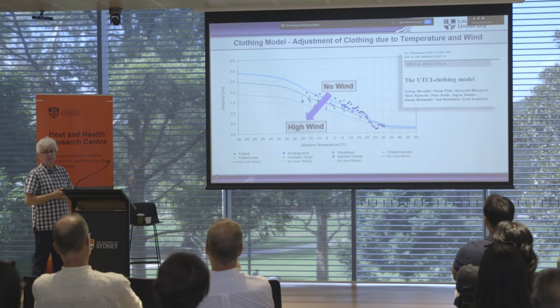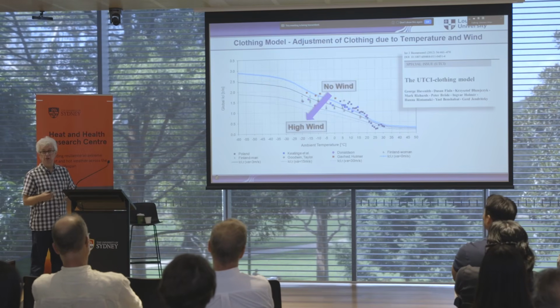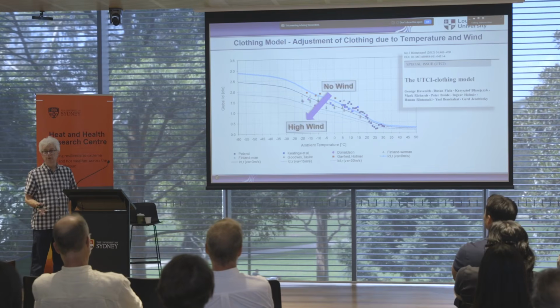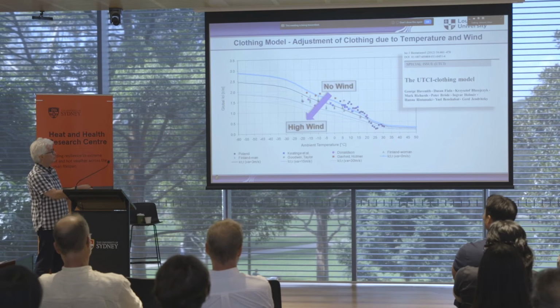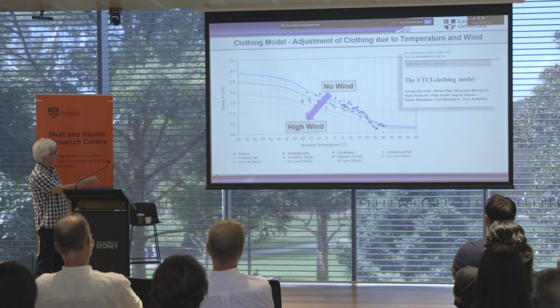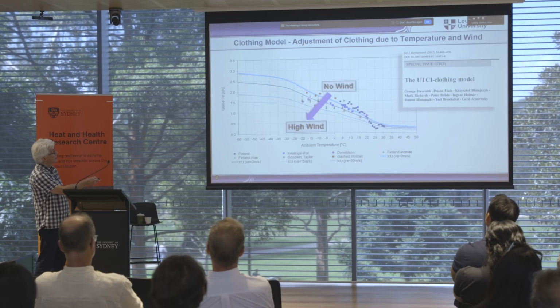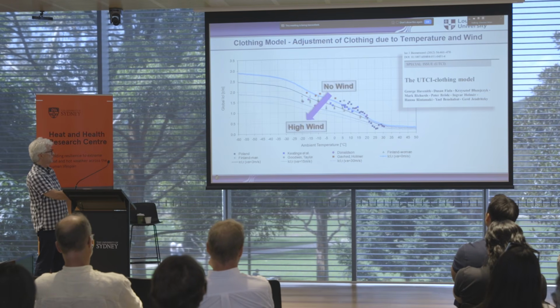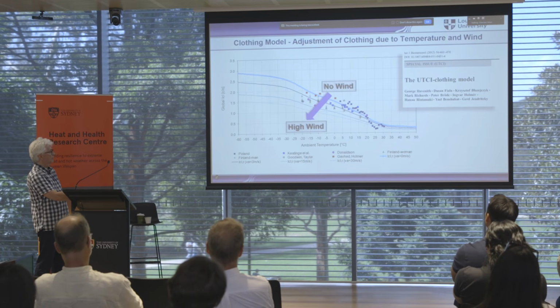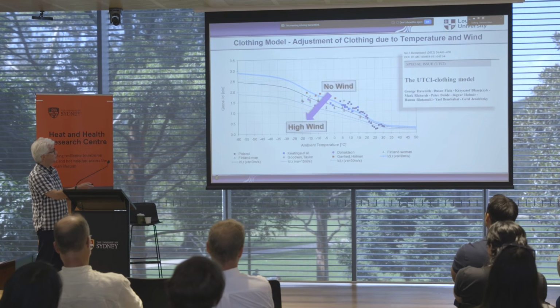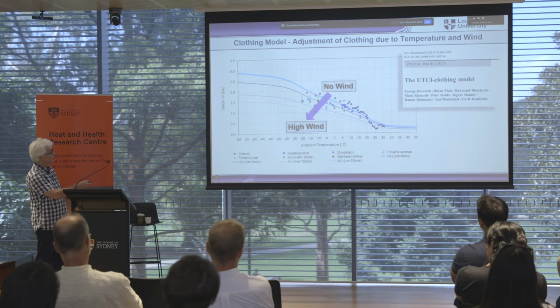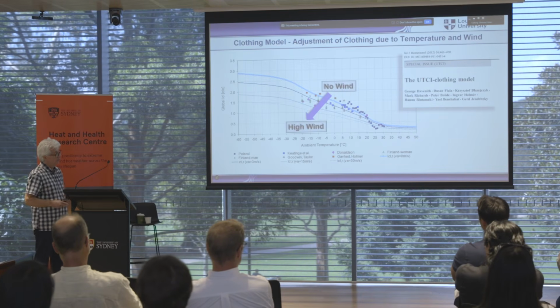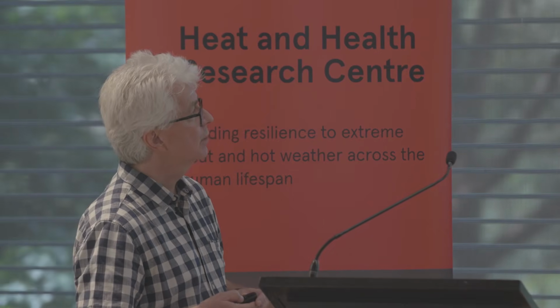Then when you have clothing and the wind starts to blow, the insulation of the clothing will drop. So based on research of our lab, we had models for that. So depending on the wind speed, I've got 3 meters, 15 meters per second, 30 meters per second versus almost 0 meters per second. You see the insulation drops. So that's also in the clothing model. So when you put in your temperature and wind speed, etc., this is how it calculates the clothing insulation.